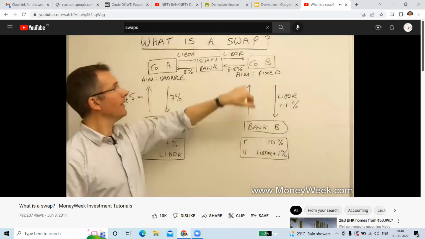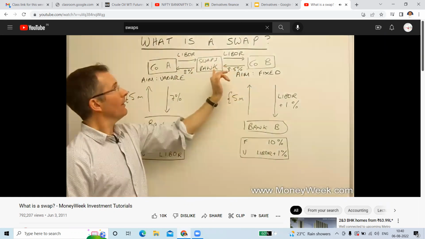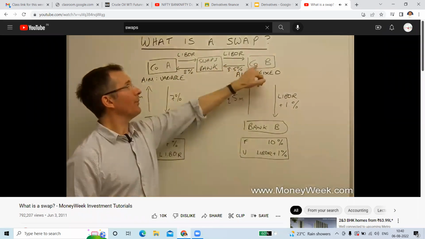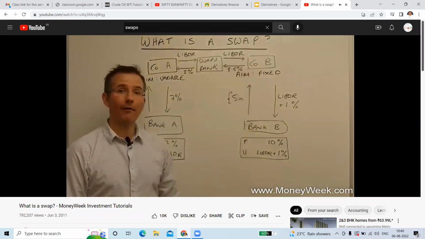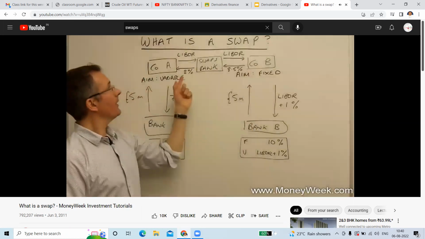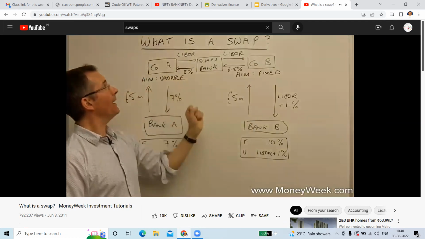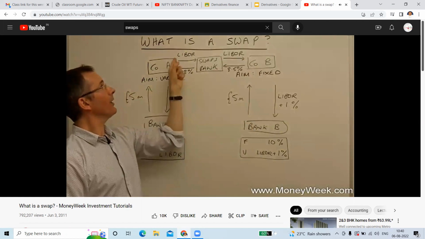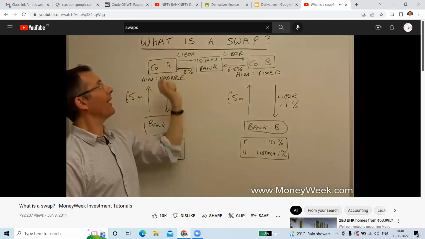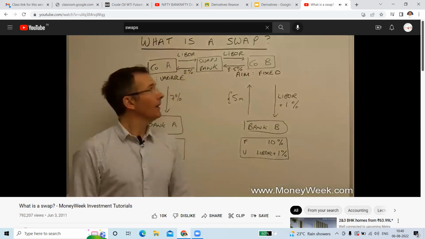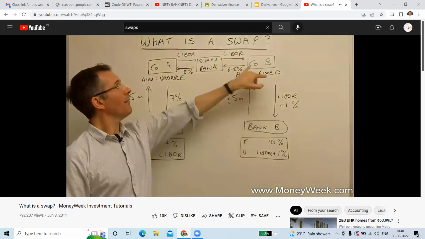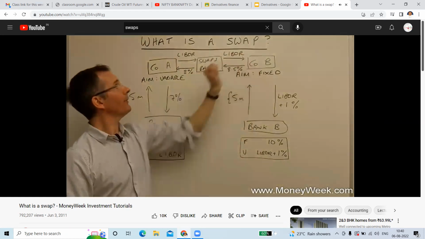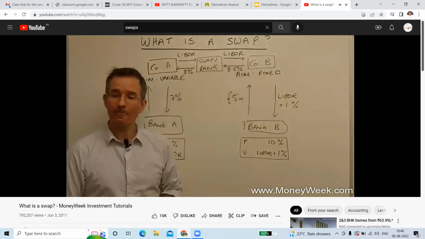In other words, every, let's say, 6 months, the swaps bank will settle the difference with company B between LIBOR and 8.5% on 5 million. And every 6 months, it'll sit down with company A and swap the difference in interest terms between the LIBOR rate and a fixed 8% on 5 million. So that could mean, depending on what LIBOR does, which is a variable rate, company B could be paying the swaps bank or vice versa, and the same on this side.